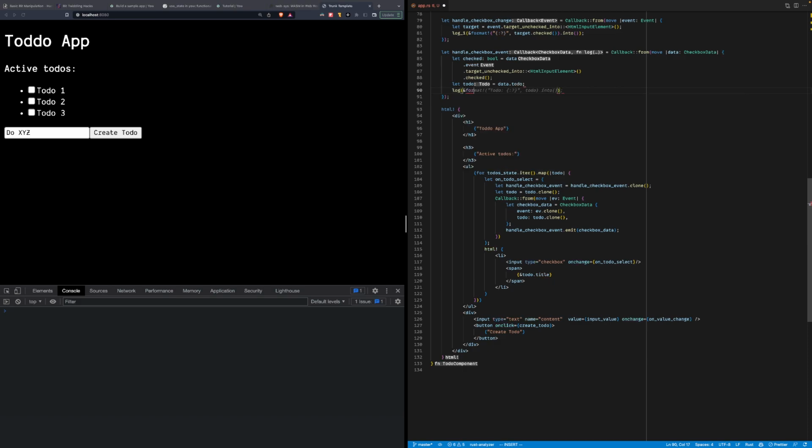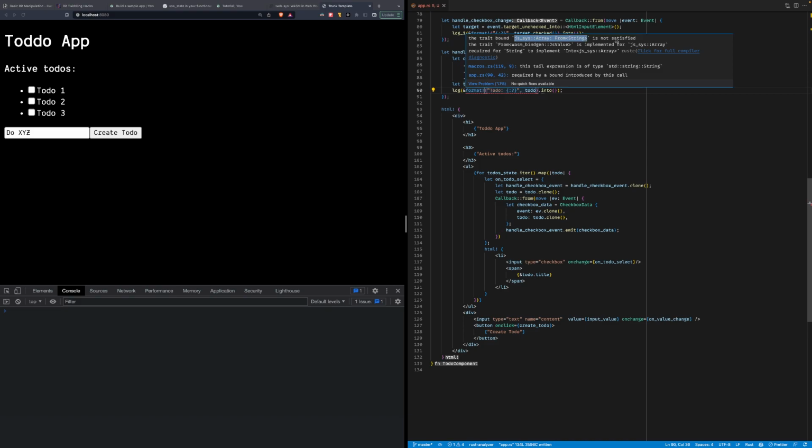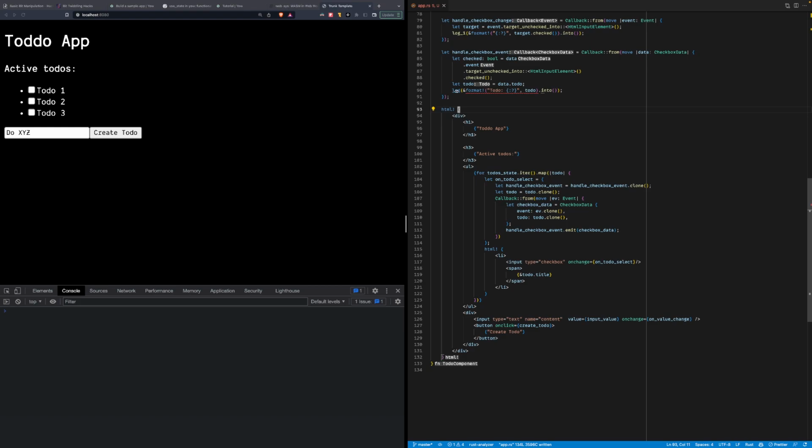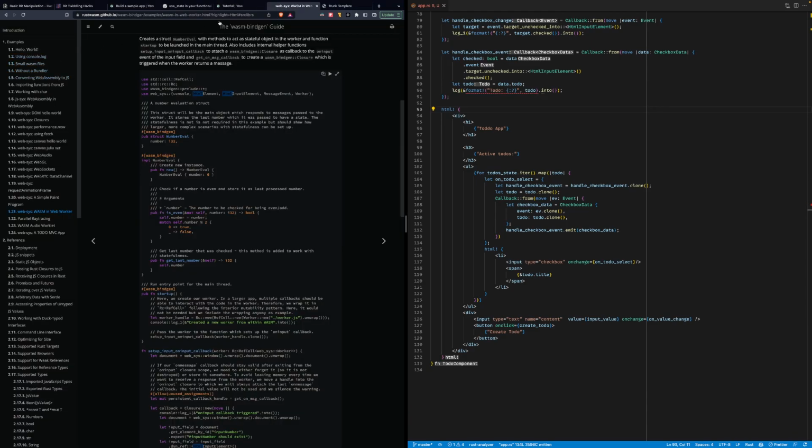Can I use the same thing here as well? No? What's wrong? Yep, required with the bounded trait call. From string is not satisfied. I wonder what is the example of the log. Hmm.